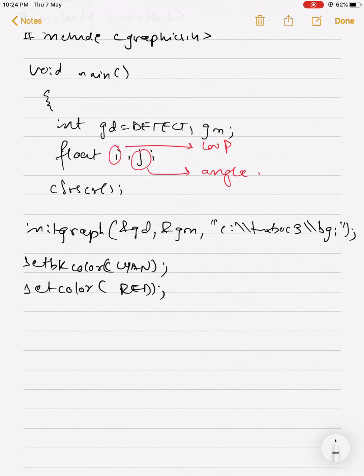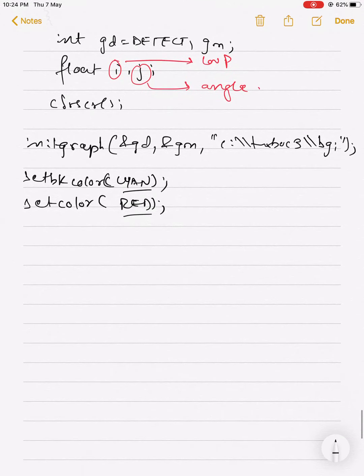So the lines will be red and the background will be light blue, kind of a blue. Now I'm writing a loop for i equal to 0, i less than 360, i plus plus.